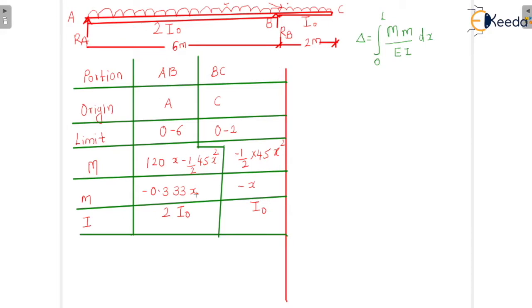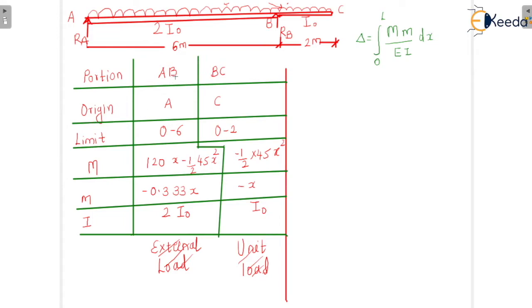Now one part is with the external load, here on the first beam, and the second part is with the unit load, according to the unit load calculation. Not exactly in this way actually, we have considered it here only. So anyway, kindly ignore this part. So here we have portions AB and BC.